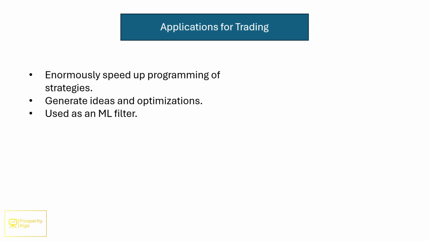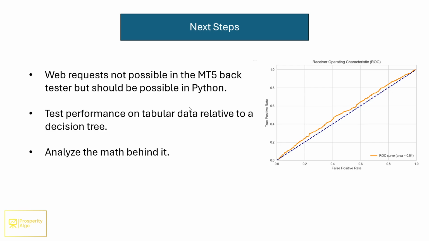And finally, the most complex one would be the use as a machine learning filter. And this would specifically be if you feed it essentially a trade and you were to ask the model, hey, does this actually work? Is this going to give us an edge? Is this trade likely to happen? And that's something which to date LLMs aren't great at, but through the use of reinforcement learning, this might almost be the turning point, which is quite exciting.